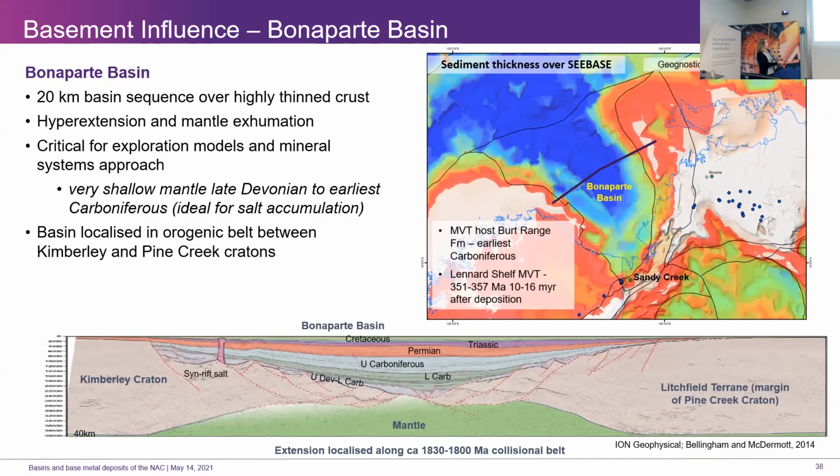This seismic line is just one from a stunning survey offshore, and it's all depth converted, just one that's been published because it's proprietary data. But we can see the Kimberley Craton in the west, the margin of the Pine Creek Craton in the east, and you can see the thinning of the crust. I'm going to show you another interpreted example of this later. During the early Carboniferous, when we're forming the MVT deposits in this Bonaparte Basin and the Canning Basin, which just sits off this image,